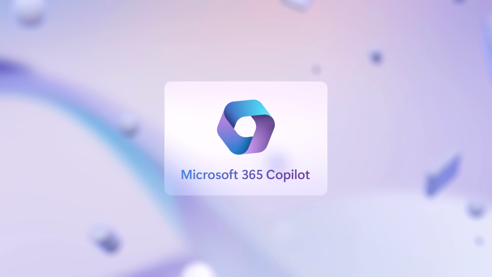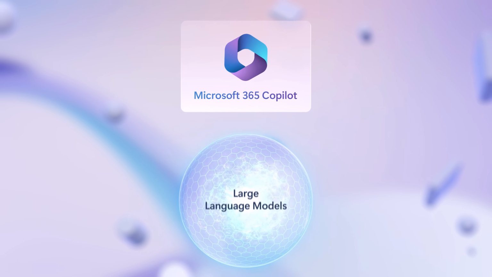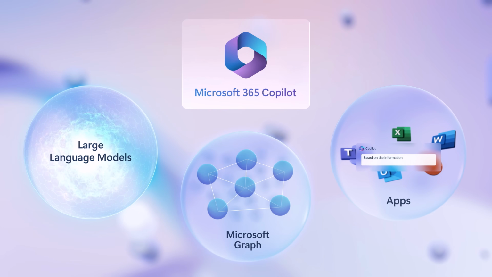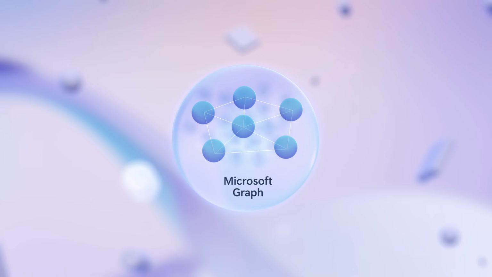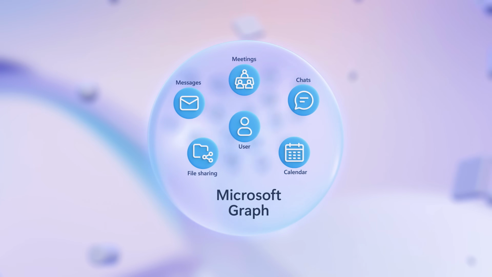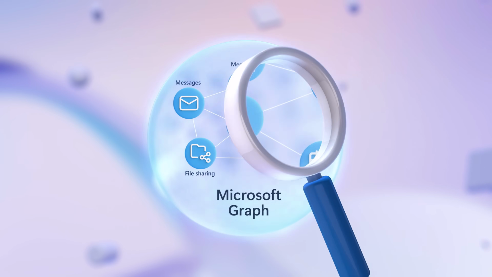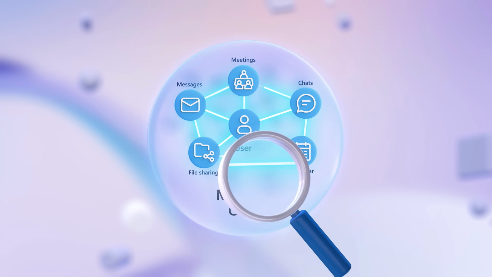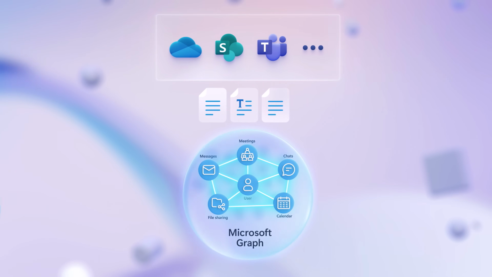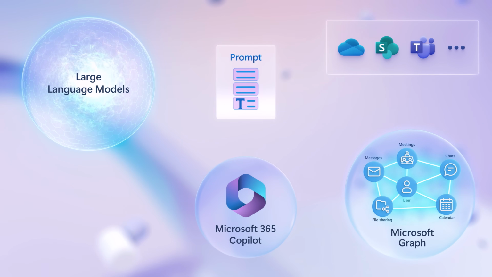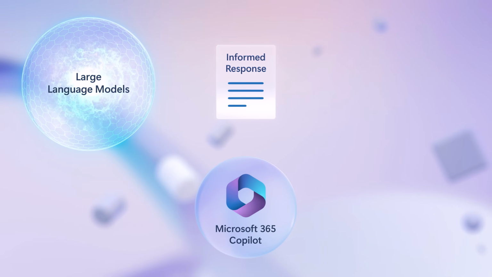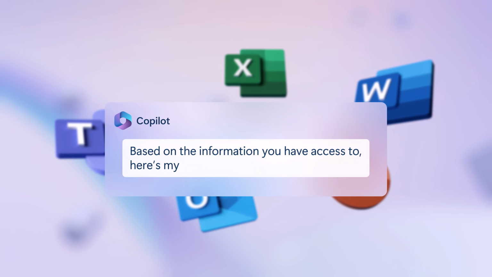Now, a lot of the magic that makes this possible is the Microsoft 365 Copilot system on the back end. Now, this provides a powerful orchestration engine between the large language models, the Microsoft Graph, and Microsoft 365 apps. The Microsoft Graph has long been foundational to Microsoft 365. It includes the information about relationships and activities of your organization's data, and it works together with the semantic index for Copilot and orchestrates information retrieval steps using search. Discovered information along with the original user prompt is then presented to the large language model to generate an informed response, which is then returned back to the corresponding app.